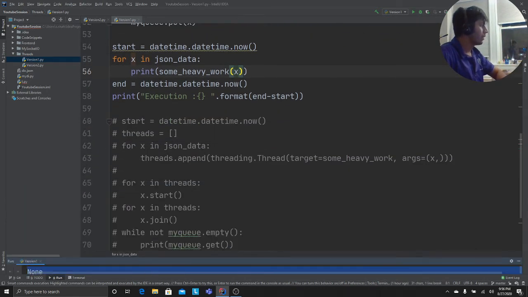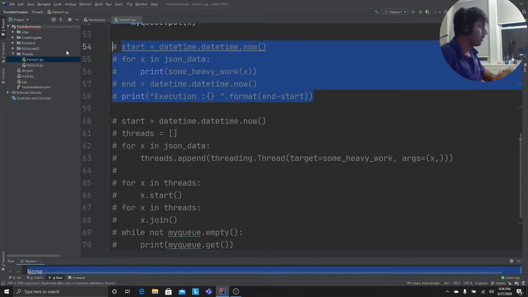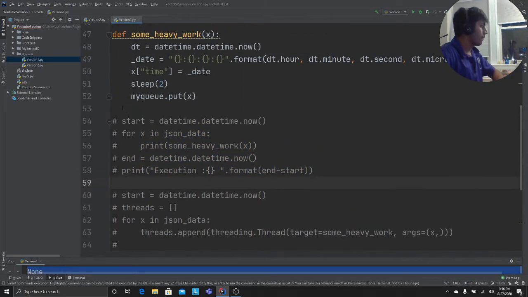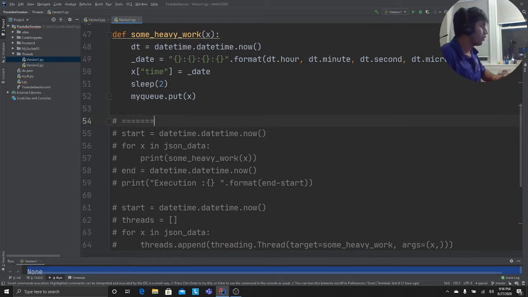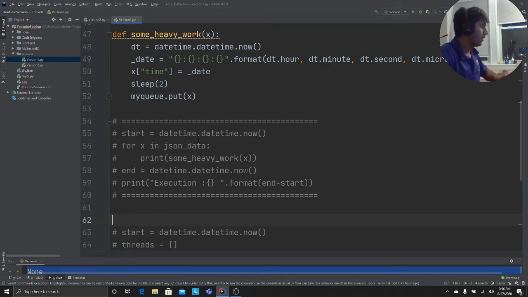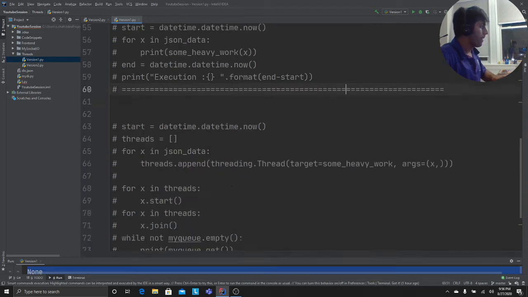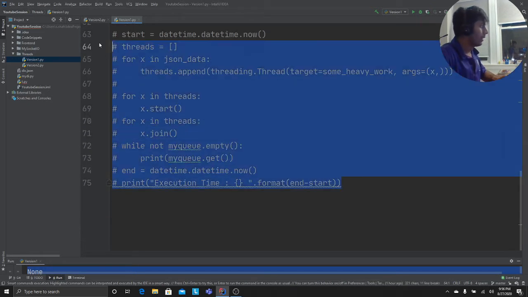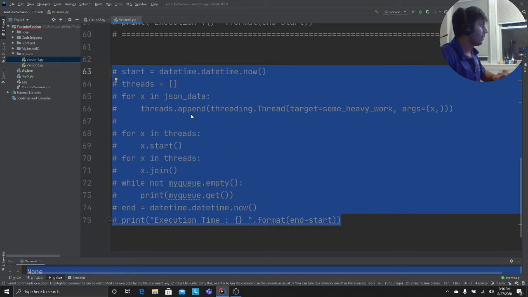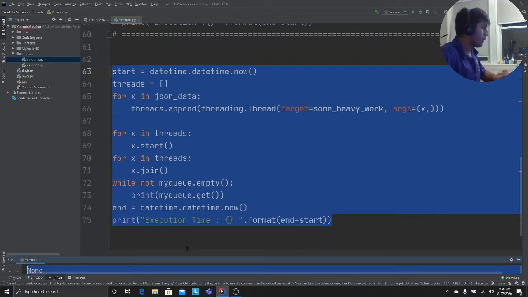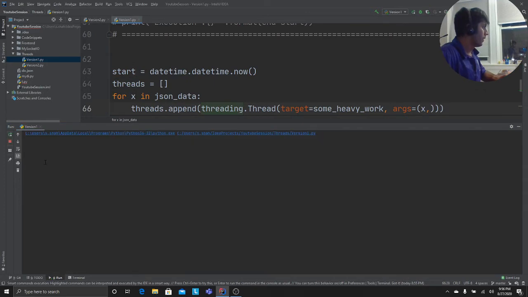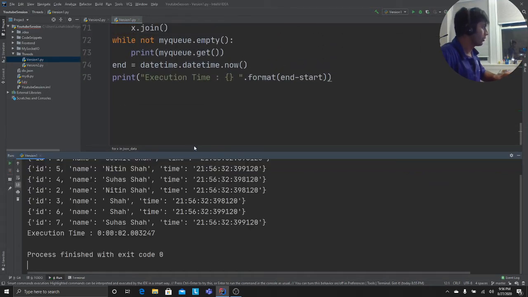Now the threaded function, I'm going to comment out this one, because I'm going to put this code out for you guys to play with. Unless you do it, you're not going to understand it. That's the thing. So that's the threaded one. Now let's step up the game. Perfect. It's going to take 2 seconds to process all the stuff.